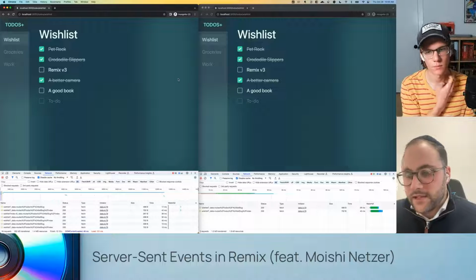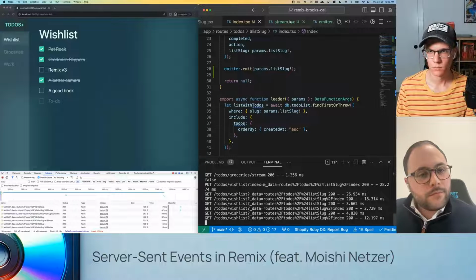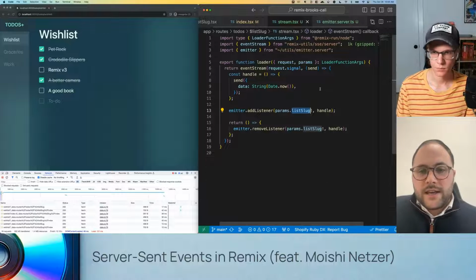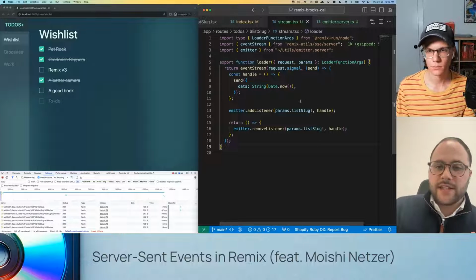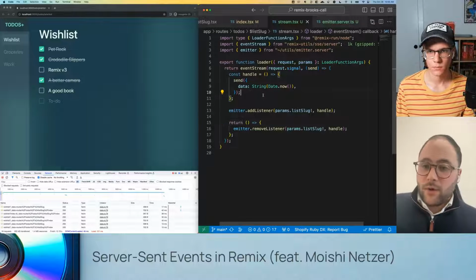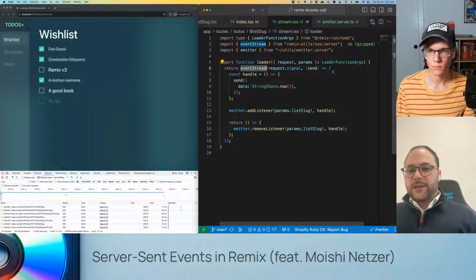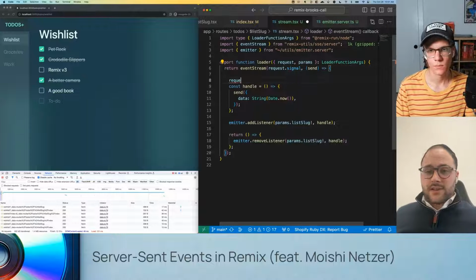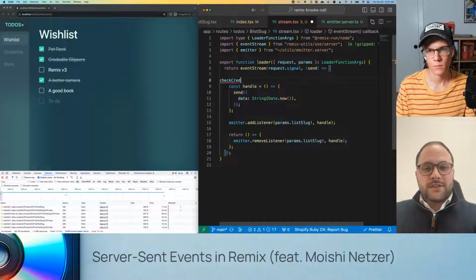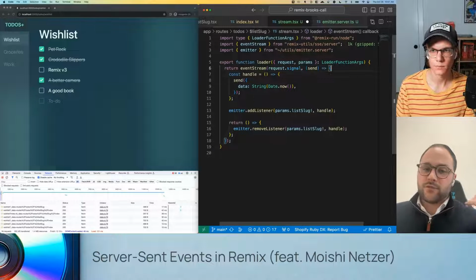Right? And if you go back to the code again, let's check out the stream file. There's something really cool about the way we're doing it like this, because before we actually return the event stream, because it's a route, we can do all of our checks. We can check that the user's logged in through the cookies. We can check that there's some kind of secret being passed around. We can check that a request has certain credentials. That's awesome. Exactly. And you can do that before you return the stream.